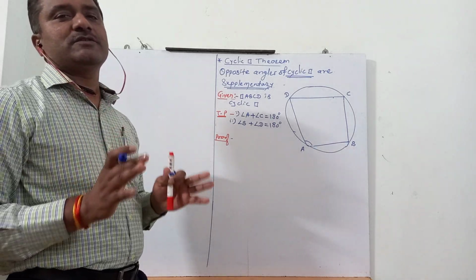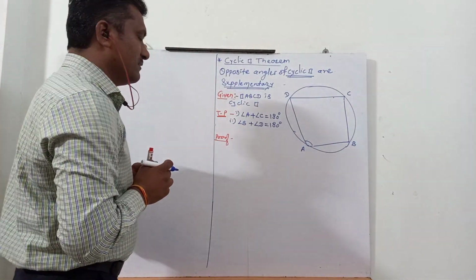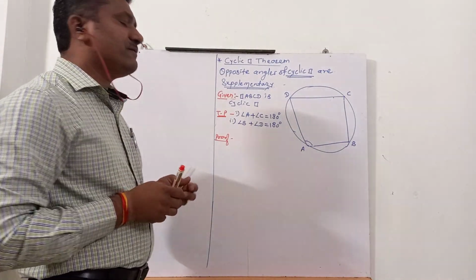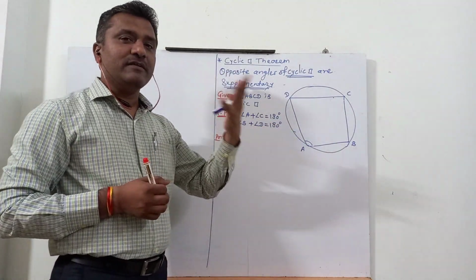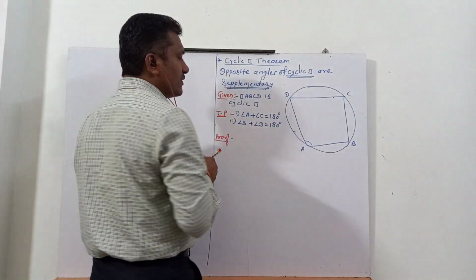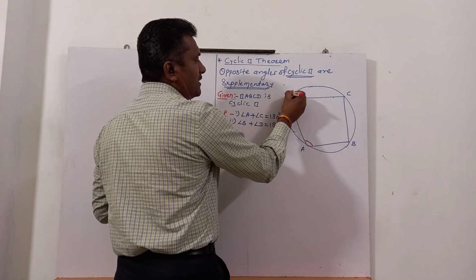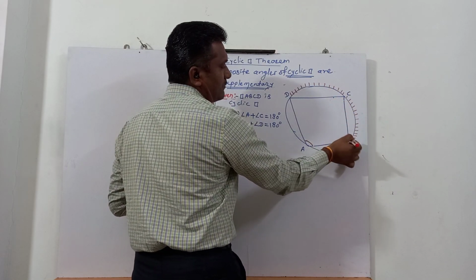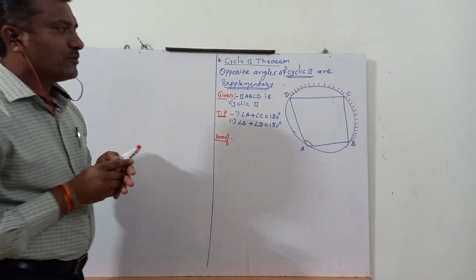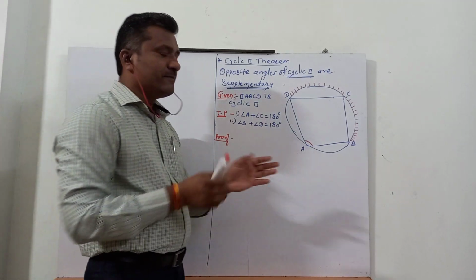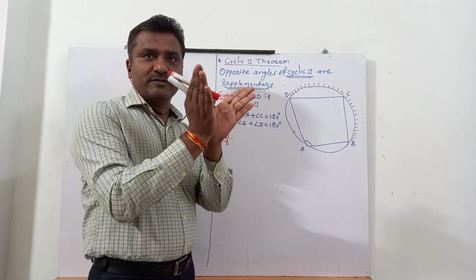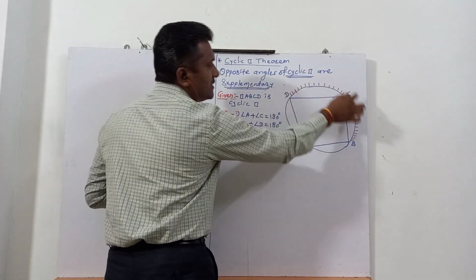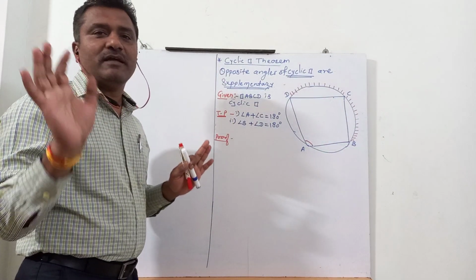This is based on the application of the inscribed angle theorem. For that, you need to understand what the inscribed angle theorem is and how to use it. The measure of an inscribed angle is half of its intercepted arc. Now look at angle A here. The arc between the arms of angle A, I am highlighting with the red marker here. This is the arc called the intercepted arc by angle A. What is meant by intercepted? The arc between the two arms of the angle is called the intercepted arc. So the measure of angle A is half of this arc, which is called the inscribed angle theorem.